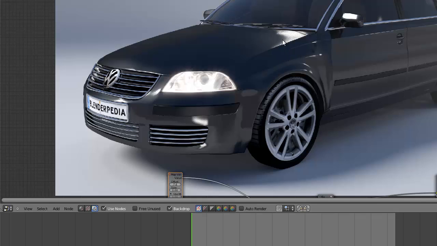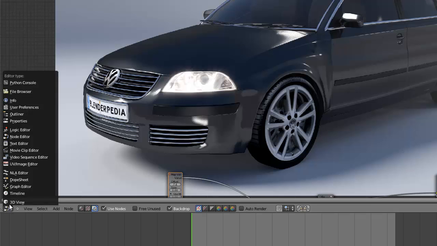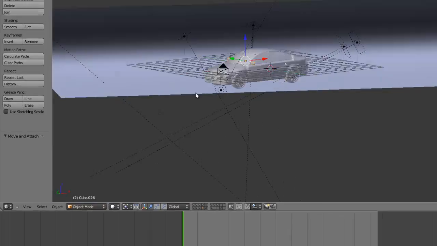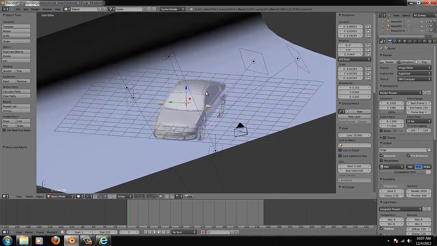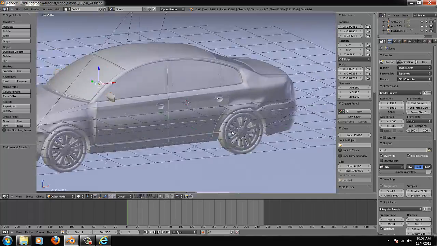And there are way more things where I'm not really happy with, but yeah, just keep that in mind. So this car, this is the scene. Yeah, there are a lot of details,